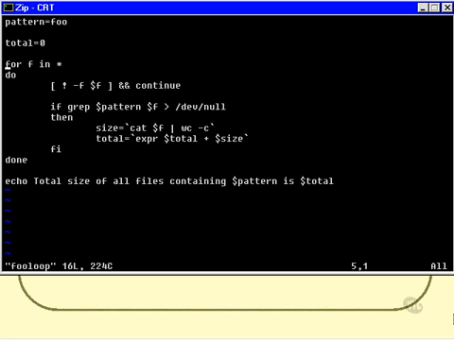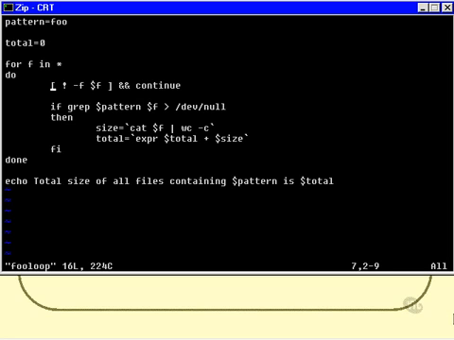directory. Now some of them may be directories, so the very first thing that I actually have to check is that the file that I'm checking is a regular file. If it's not, then I simply continue. Now that line is not absolutely necessary. I could leave it out, and what would happen is if grep in the next line ever encountered a directory,